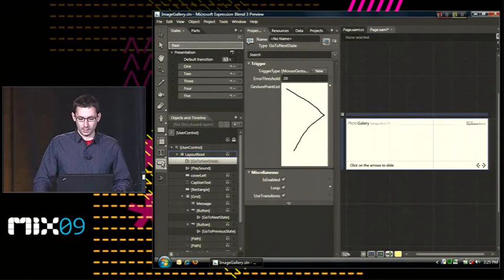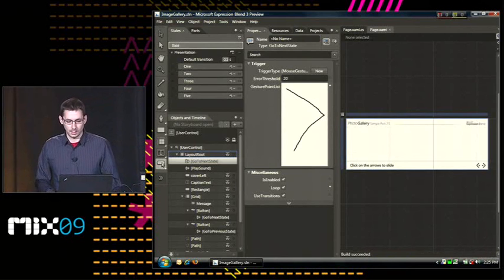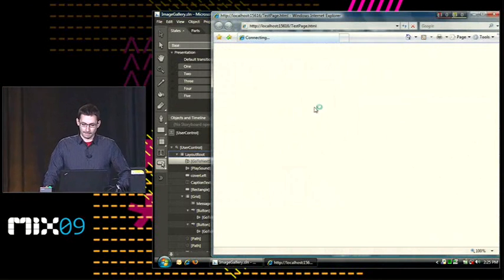So I'm just going to draw out an arrow. It can be pretty rough. And then when I actually run it,